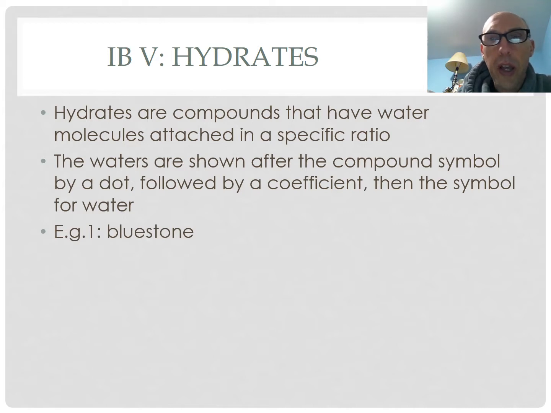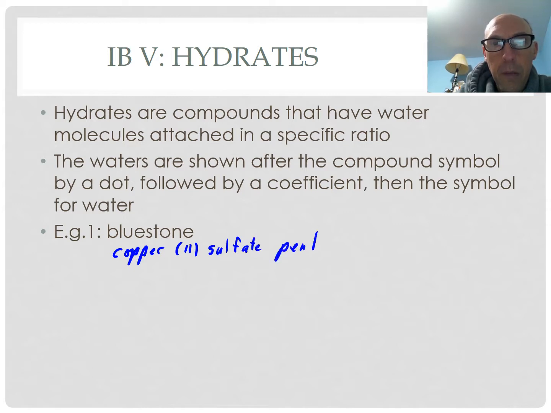First example we're going to look at is bluestone. Bluestone's name is copper 2 sulfate pentahydrate. That's its proper name. When we go to the symbol, we say, okay, copper,